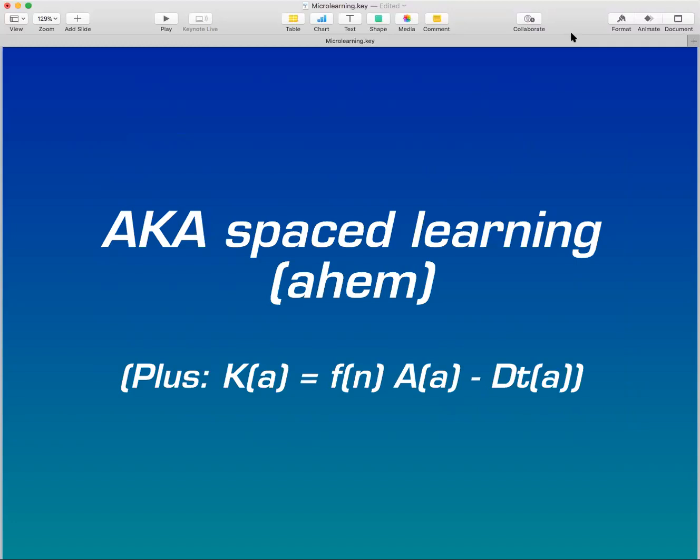So I don't mind if it's spaced learning, but I want spaced learning with all the nuances, and maybe referring to spaced learning is a better way to help emphasize that we need this richer picture. So